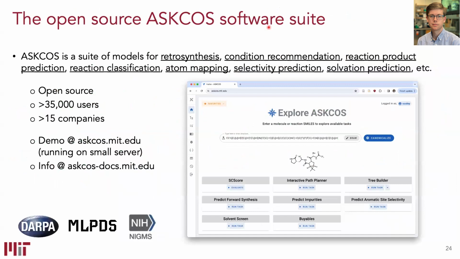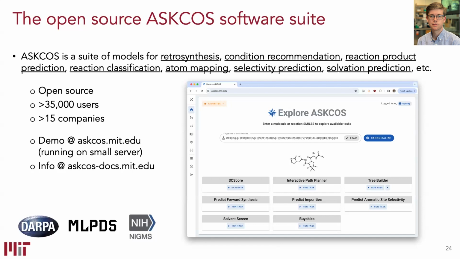But what we've been trying to do over the years is, as we develop the algorithms that make these predictions and learn about chemical reactions, we've been trying to, in parallel, develop software that is usable and accessible for synthetic chemists, right? If we build a nice command line tool, that's not actually terribly useful for practicing synthetic chemists, because most of them do not want to use command line tools. And so we've developed different sorts of interfaces, graphical interfaces for using these kinds of software tools, and we've deployed them and open sourced them, and have gotten pretty good adoption from the community.